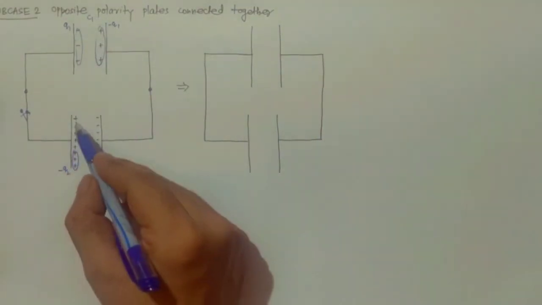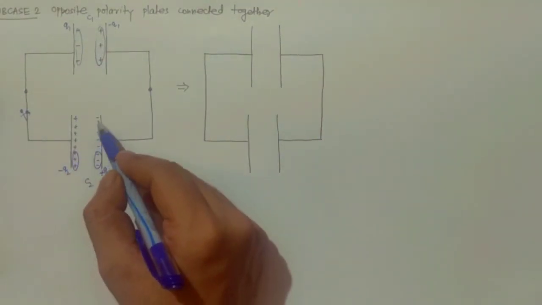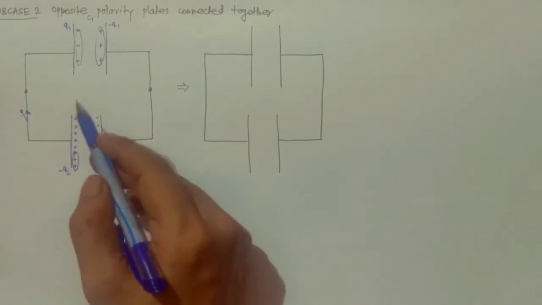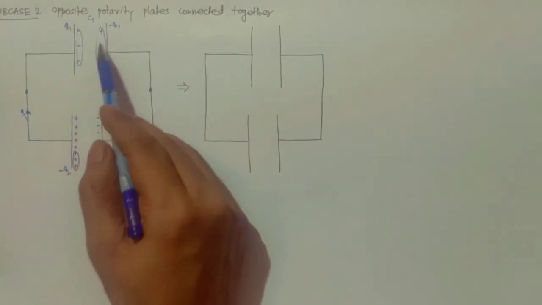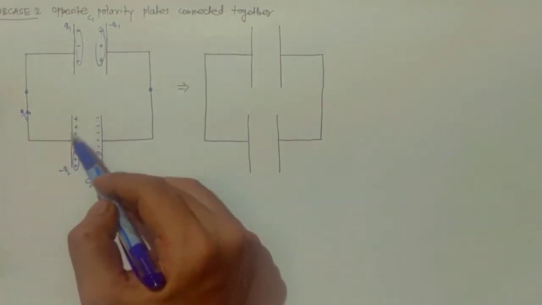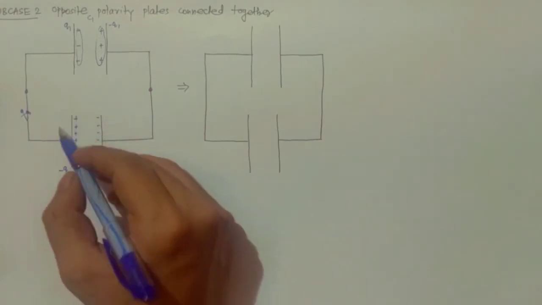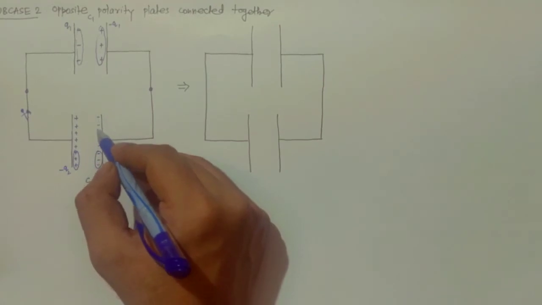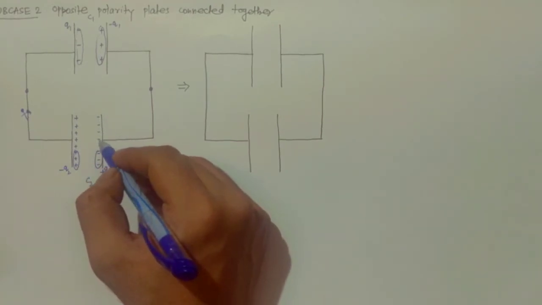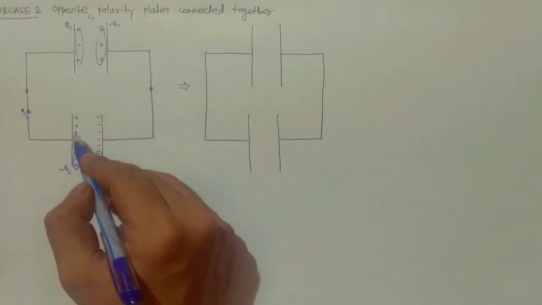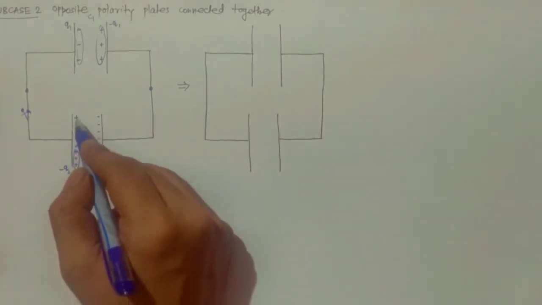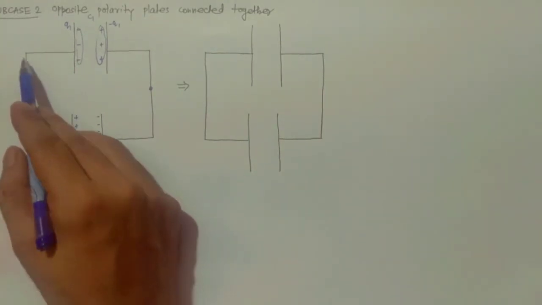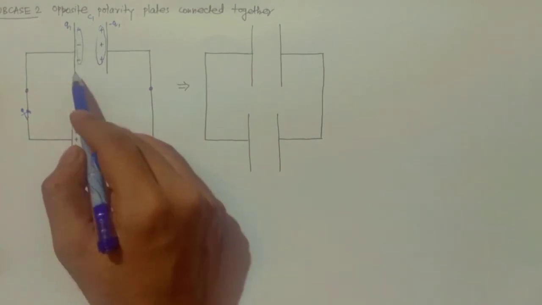Now there are initially 5 positive charges here and 5 negative charges here. So this becomes the condition where now this capacitor is uncharged and this capacitor is charged, that is case 1. So again these positive charges will start repelling each other, and similarly these 5 negative charges will start repelling each other. So in the final situation, some positive charge will remain here, and due to repulsion some positive charges will go and fall on the plate of capacitor 1.